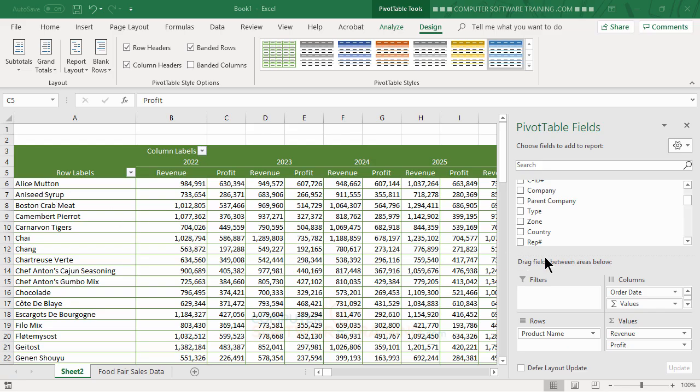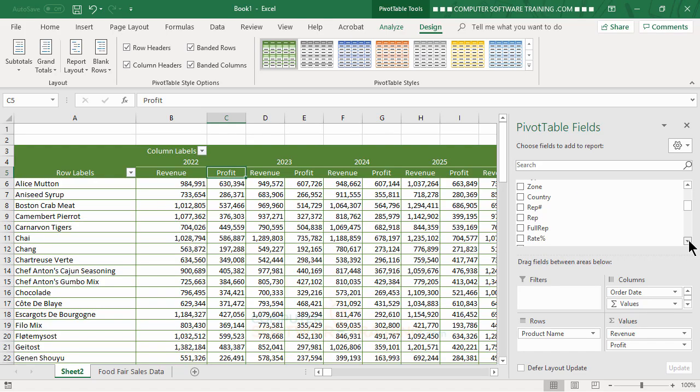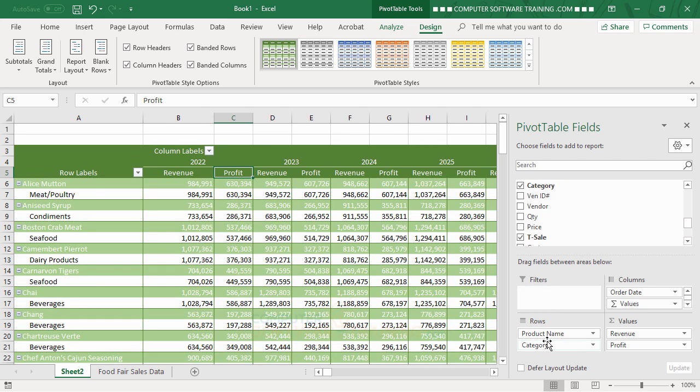So we can actually go and find our category field here. There's category. Now if we drag it underneath product name, that doesn't do us much good. You have to understand that there's only one category for each of the products, right? So you might do this and go, oh, I guess that's a bad combination of fields, and it's really not a bad combination, it's just the wrong order. If we take the product name and drag it underneath the category, just like that,